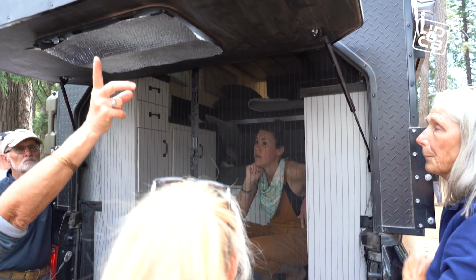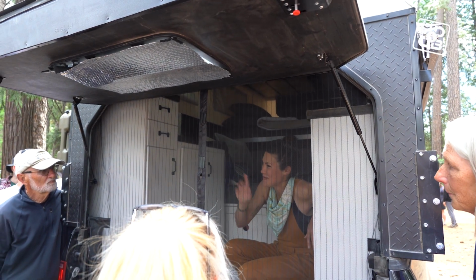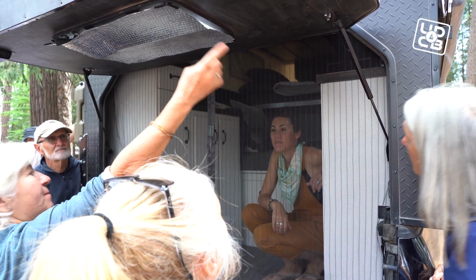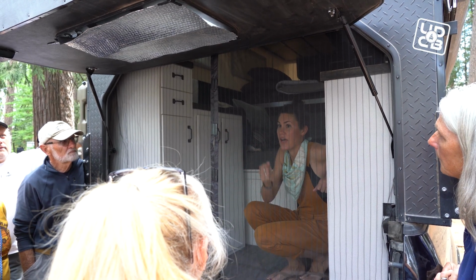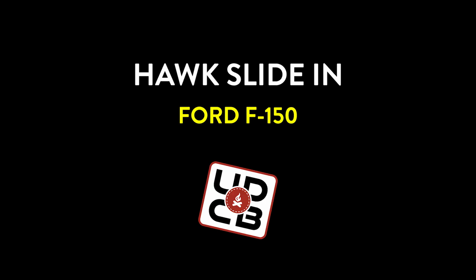Yeah. So what do you do with the lock when you're inside? See, from the inside you can't lock it. You can lock it from the outside though, but you have to remember to get your keys. Yeah, I have never locked myself out, but somebody should try sticking a bolt in there. How do you lock yourself in? That's a good idea. You just lock it from the outside and then you go in and you close it. Yeah, that makes sense. Sticking a bolt in there would be...